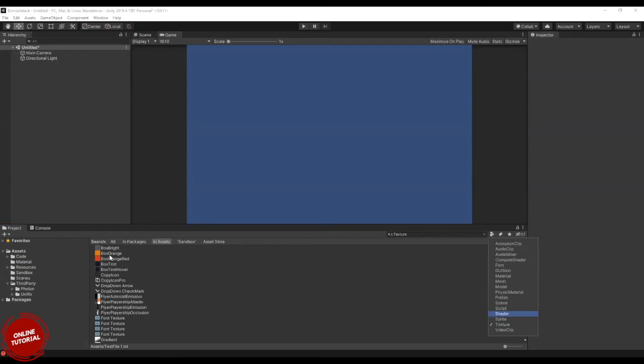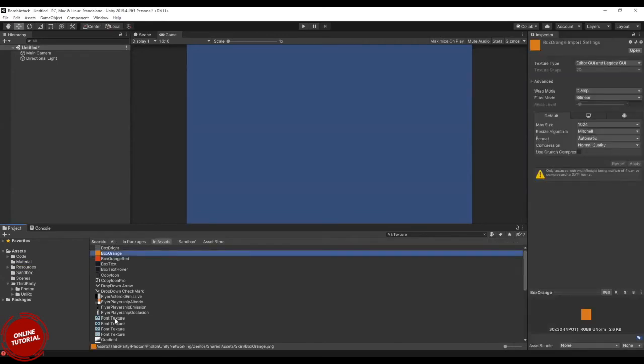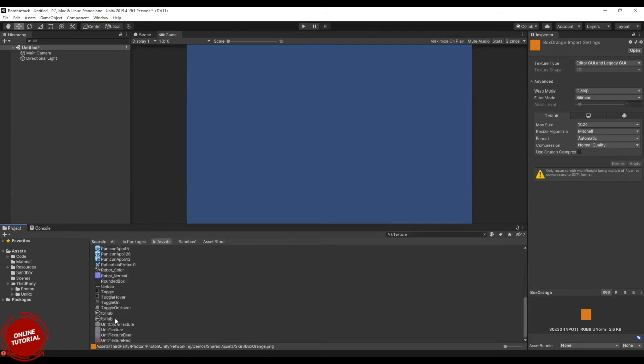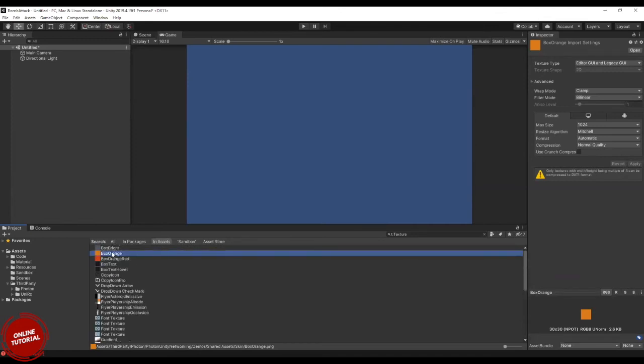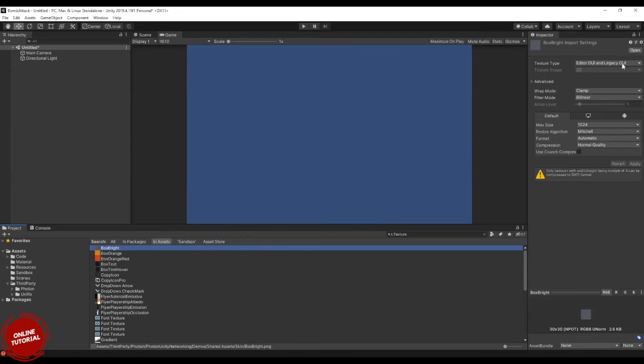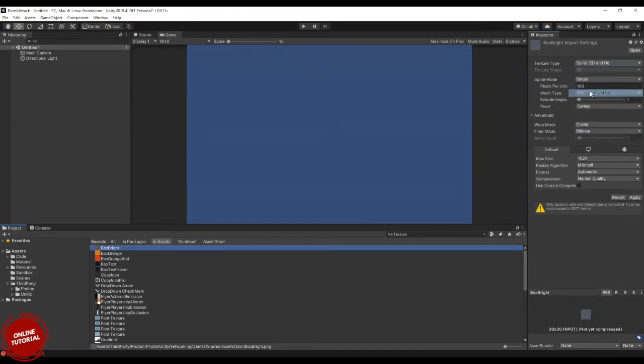Imagine I have a box orange. This is not a sprite, right? This is a texture, and if you want to use it as a sprite, then you need to change it to a sprite.